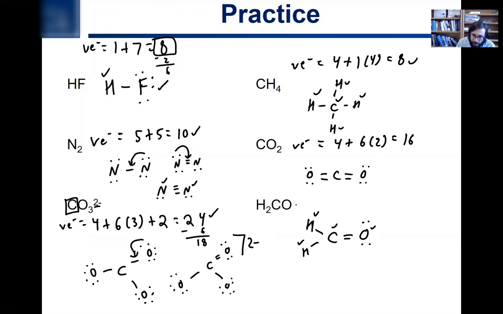Carbon, we already said, is happy. Number of valence electrons, let's check to make sure this works. Hydrogen is worth 1, but there's 2 of them. Carbon is worth 4 valence electrons, and oxygen is 6. So that's going to be 12 valence electrons. 2, 4, 6, 8, 10, 12. There we go. We just did a lot of examples, and we'll do more in the upcoming